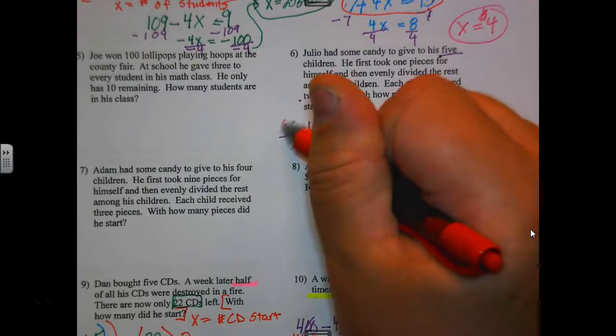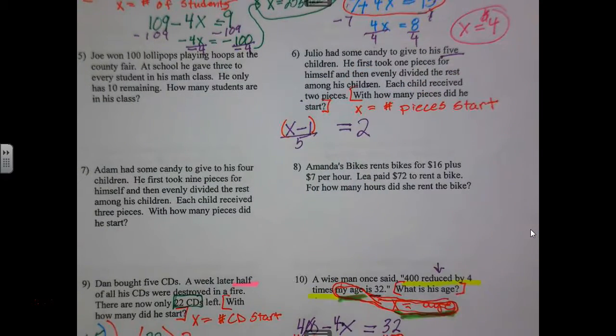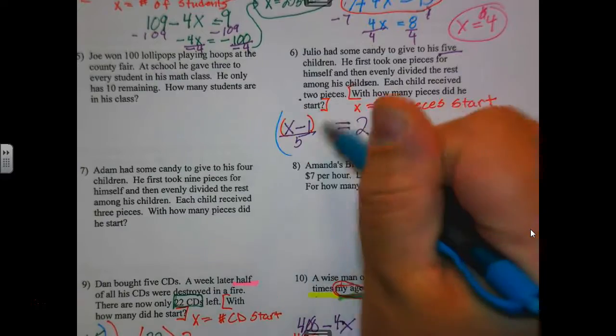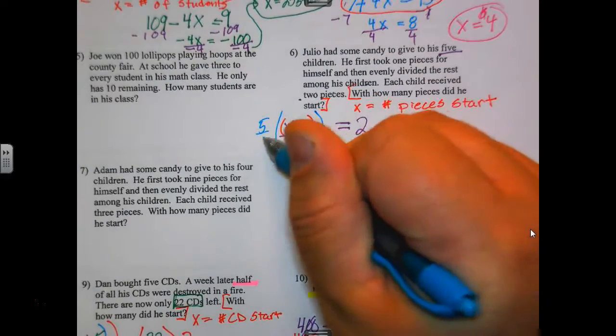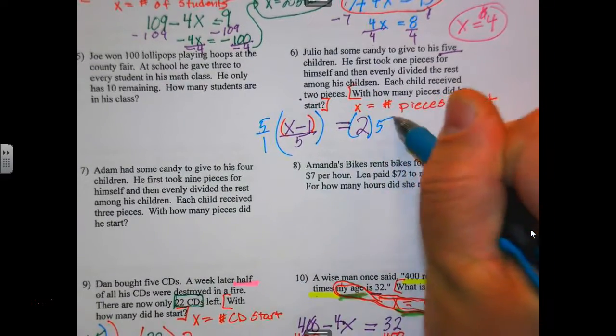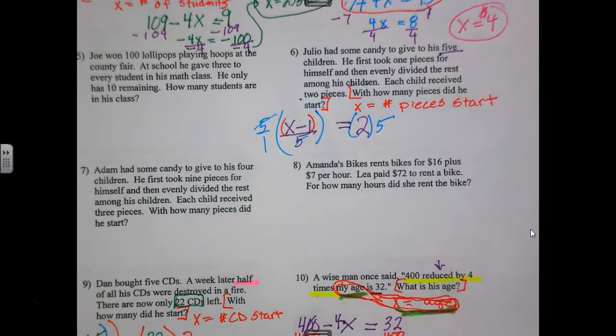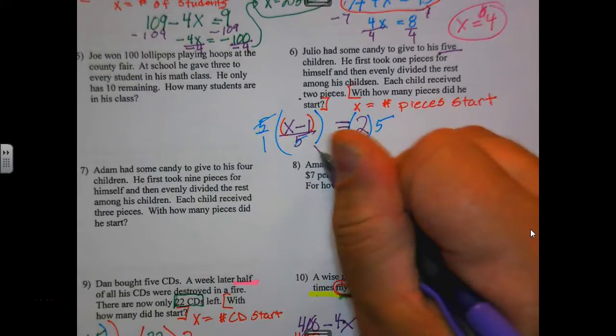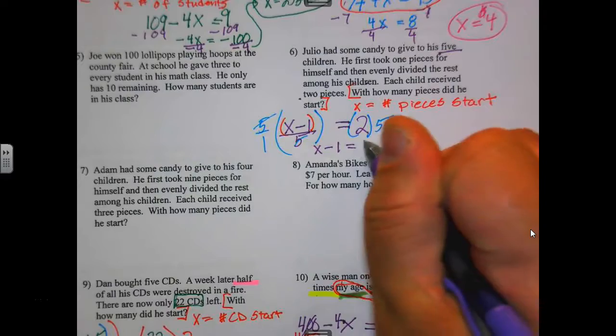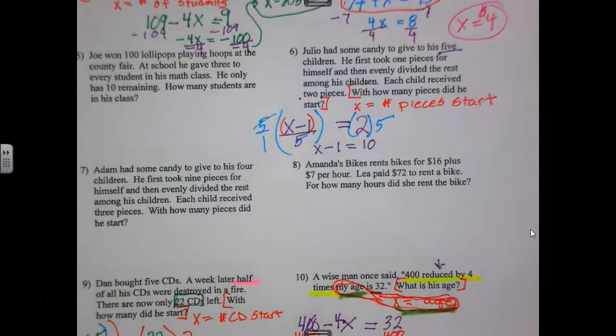Be careful, this is locked in my numerator, so I have to get rid of the denominator first. Just cancel the 1, I'm left with my numerator. X minus 1 equals 10. So X equals